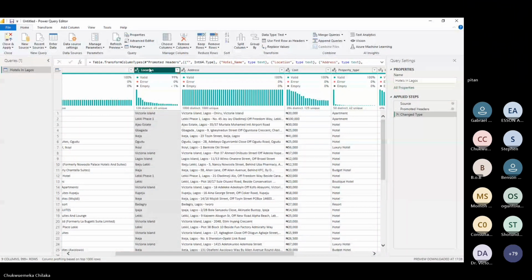Now, before I forget, you can see a formula. This is called FX. When you hear of M language, the language that Power Query understands is what? The M language. Now, you may have heard of M language, and you may have heard of,